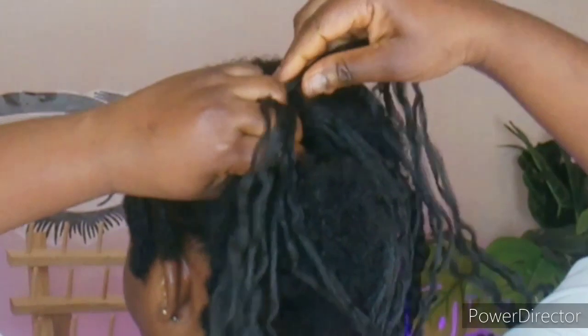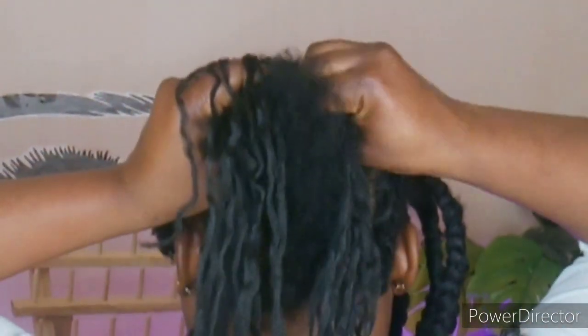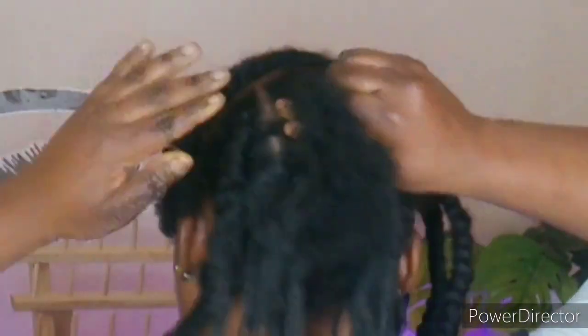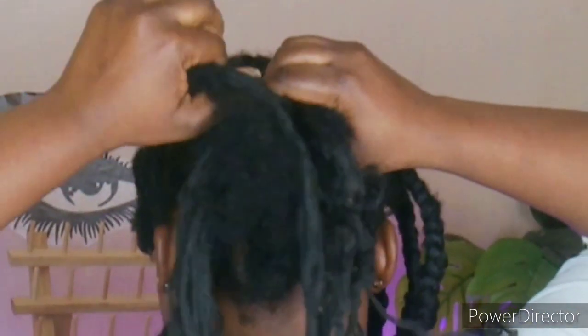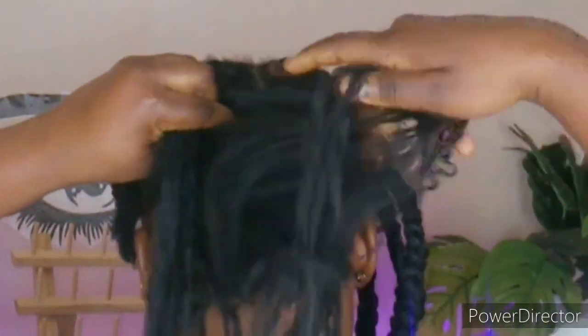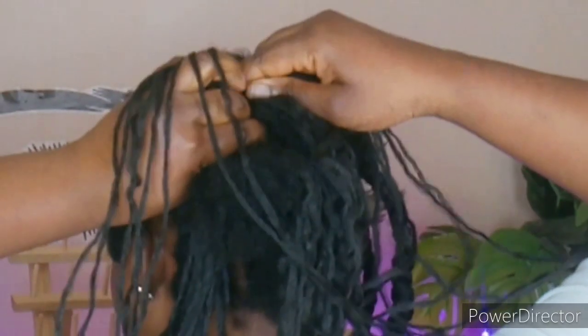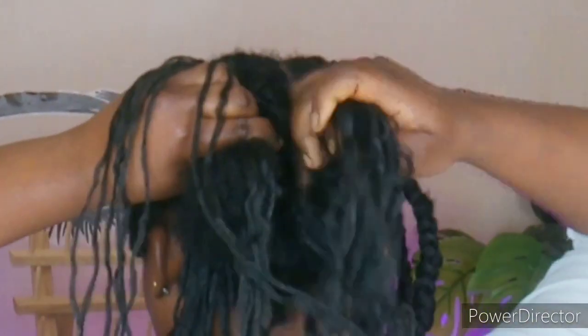This hairstyle is very beginner friendly. I just said let me try something else without using attachments. Let me just make this cornrow. I used Brazilian wool, feeding cornrow, and I really love the outcome of the hair because my hair is natural